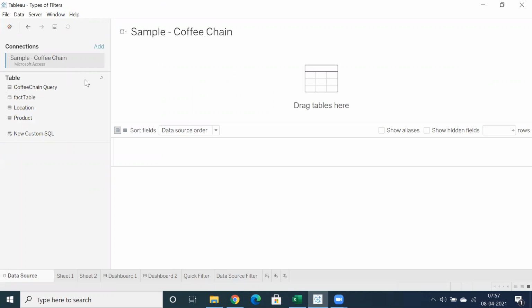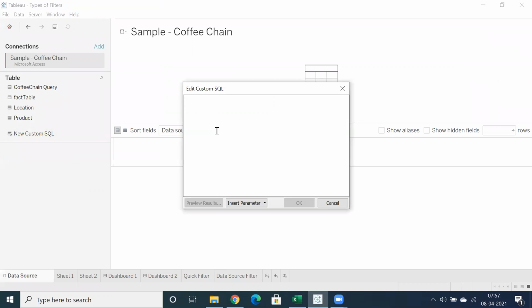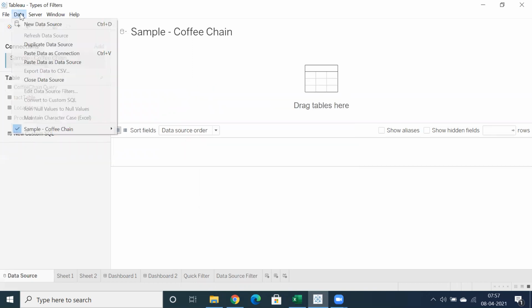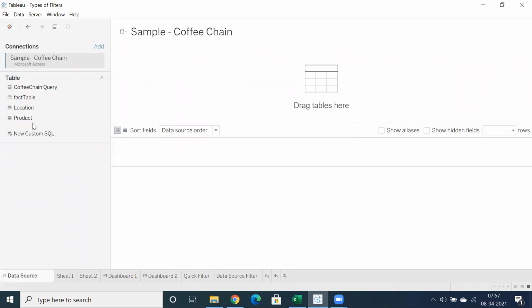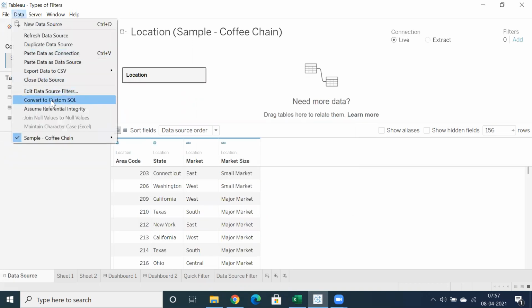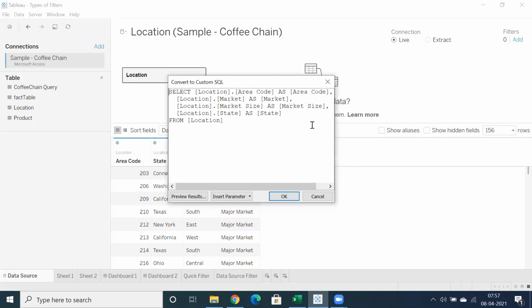So here we can also write a SQL, right? If you feel, hey, I'm not an expert in SQL, you can go back to data and convert into custom SQL. But first you need to drag and drop a table, then go back to data, convert into custom SQL. That's it.